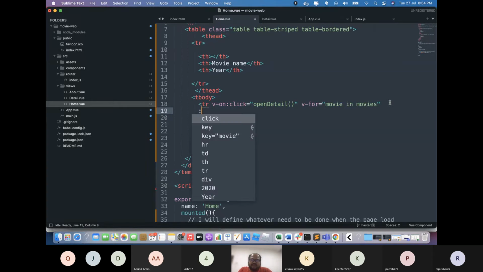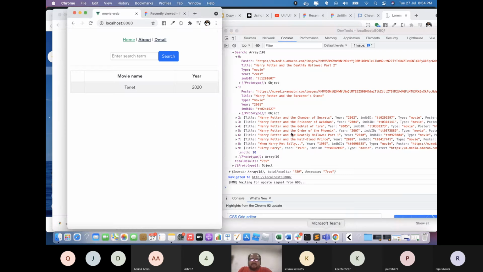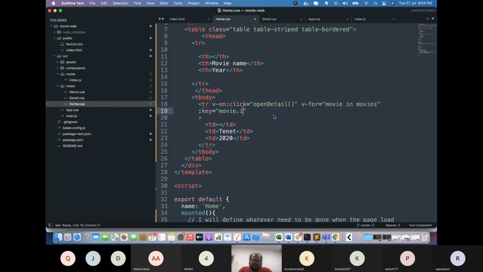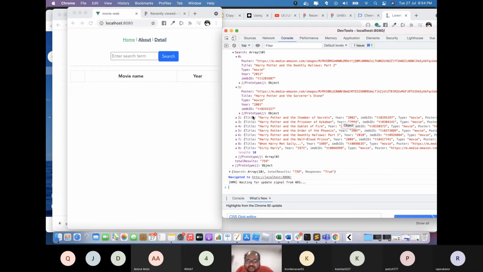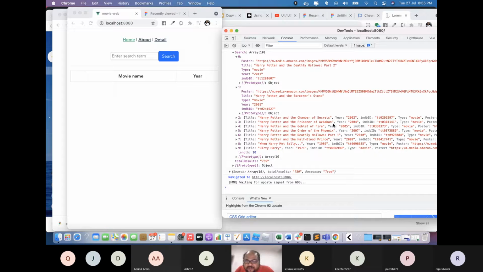When you have it, you need to have the word key here. The key here is movie.imdbID. Okay, then I will show the movie name. So movie dot title. Mana datang title? Title is coming from this. And then I will do movie.year. Alright, movie.year. Where does year come from? Year come from